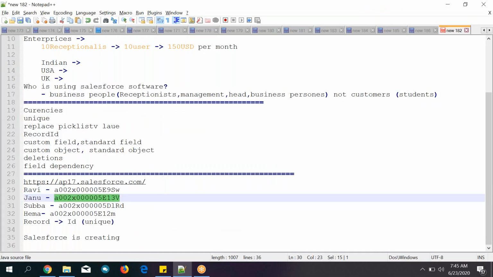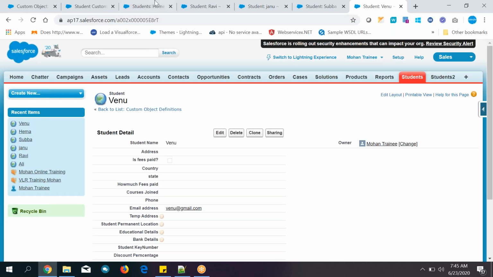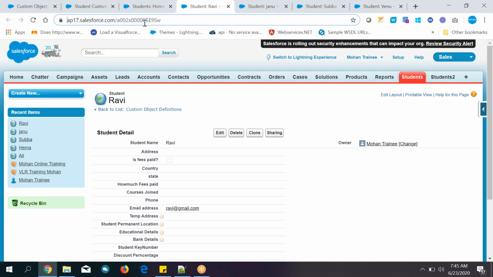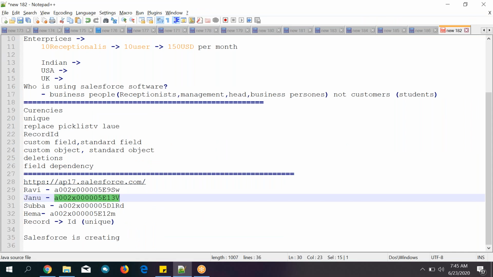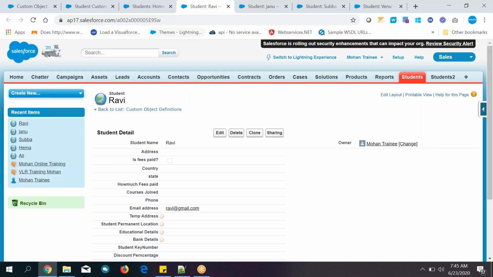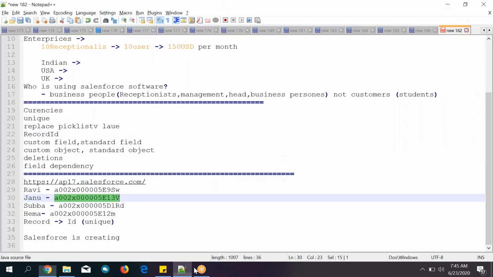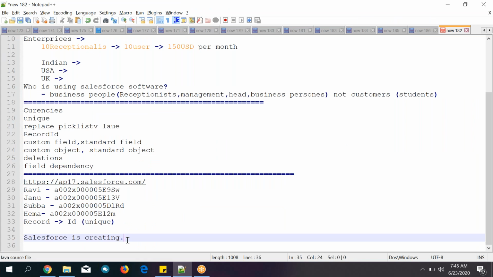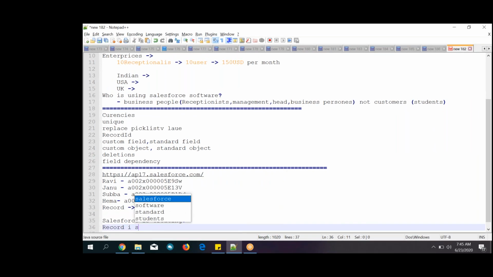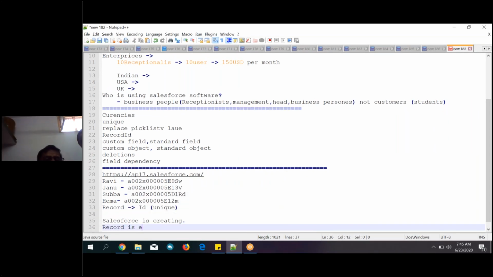Suppose I want to open Janu's record from the URL. How to open? Go here, Ravi's record, right? I want to open Janu's record. So Janu's record ID is this one, right? So after the domain, if you enter Janu's record ID and press enter, automatically that record is displayed. A record is represented with ID only.